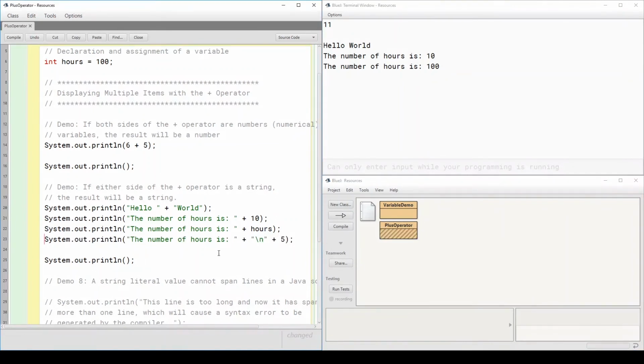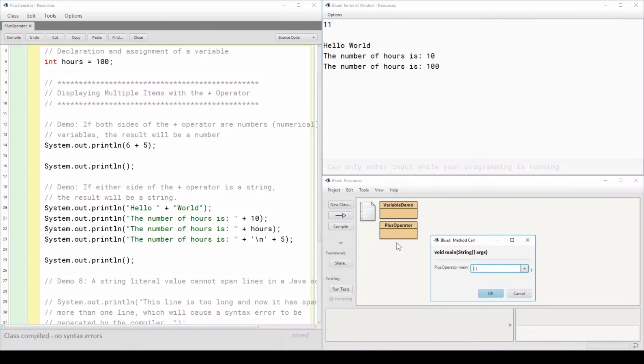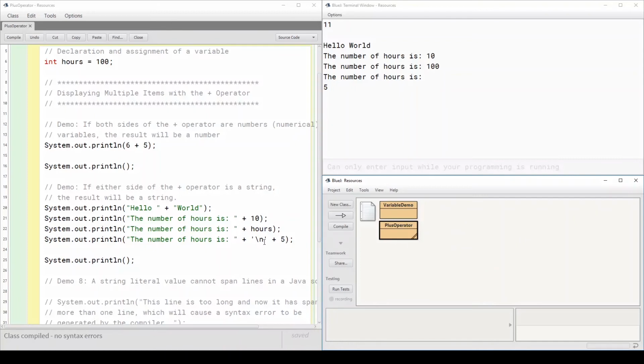I can also add a string to characters, which are escape sequences. Notice here that escape sequence, since it's a character, you can actually print it as a character, in which case it will be treated as a character and it will go to a new line. Now, since a string is a sequence of characters, and \n or any other escape sequence can be combined with strings, you could also put it inside double quotes for a string. If it was a tab,